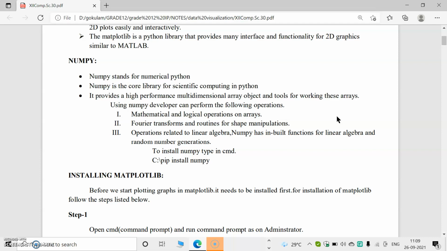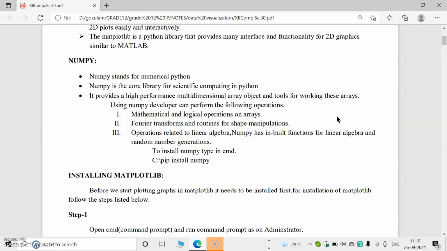By using NumPy, we can perform mathematical and logical operations on arrays, Fourier transforms and routines, and we can operate linear algebra. NumPy has some built-in functions for mathematical operations and linear algebra.